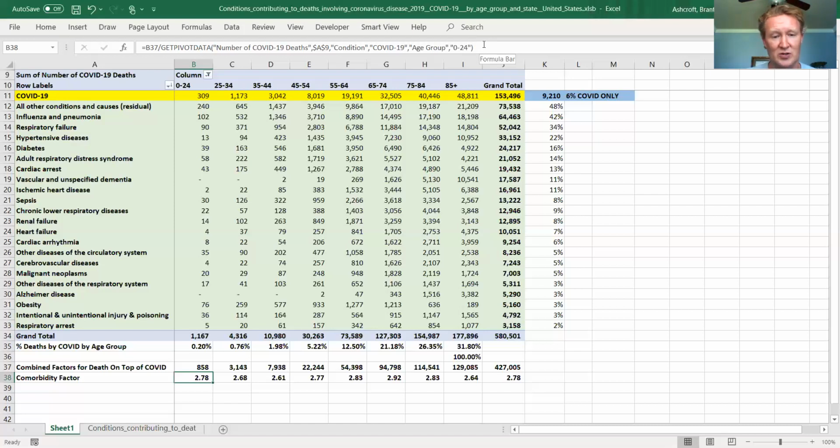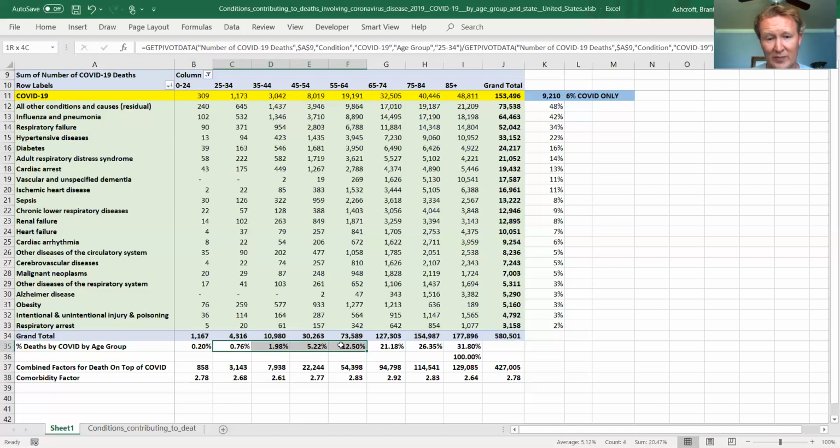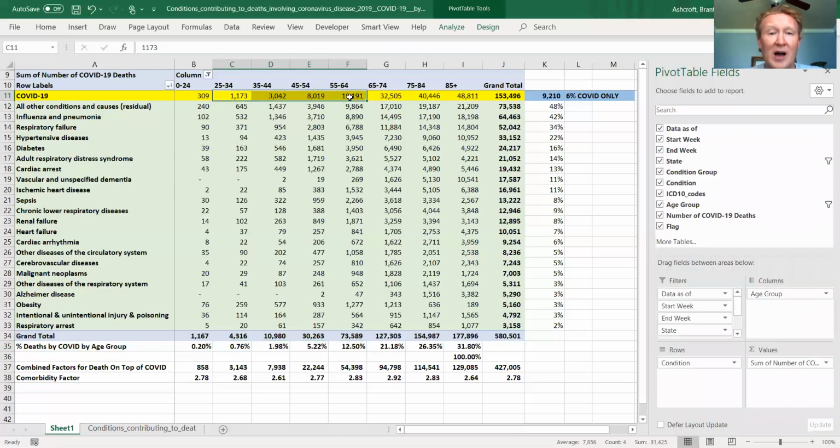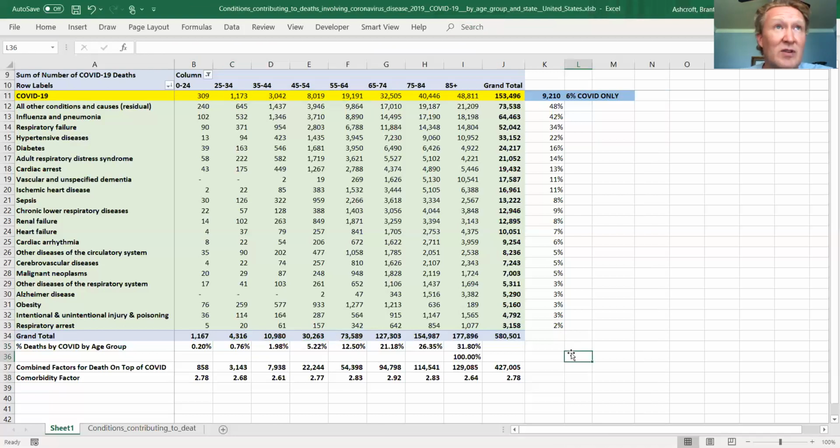I'm sorry, even the teachers here, their age is up to, we'll say even up to 65, it's 20% of the deaths, which equates to a total of about 30,000. And some of those teachers had other things. It's hard to tell exactly because I don't have individual case data, but some of those teachers had heart issues. Some of them had other things that could have potentially, and COVID probably was the last straw, but they were already not in good health.